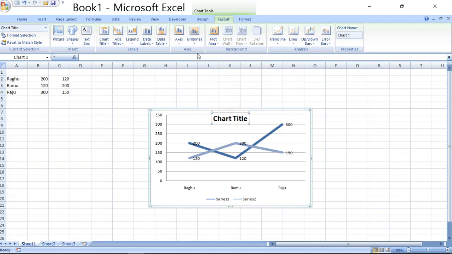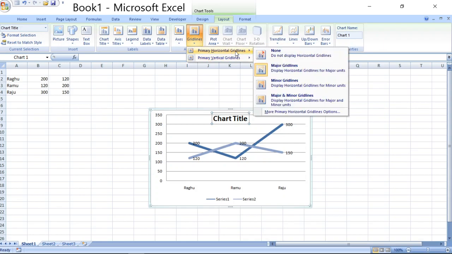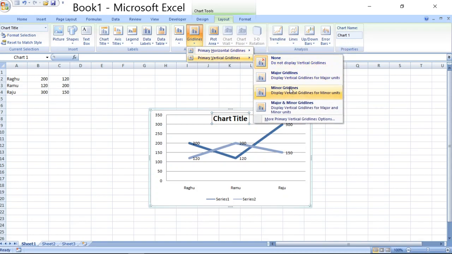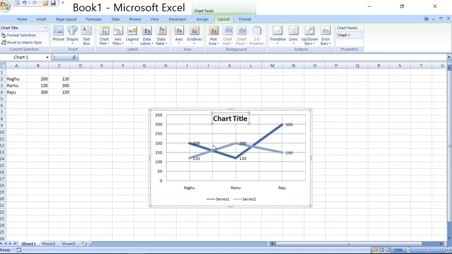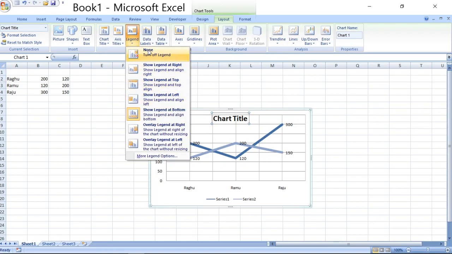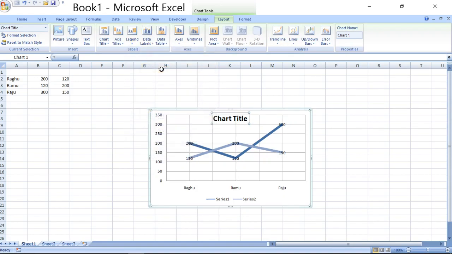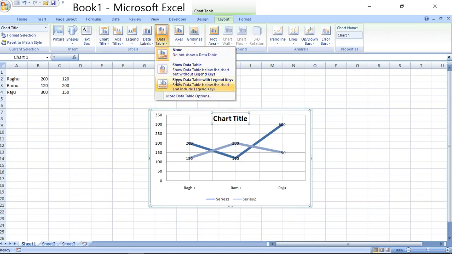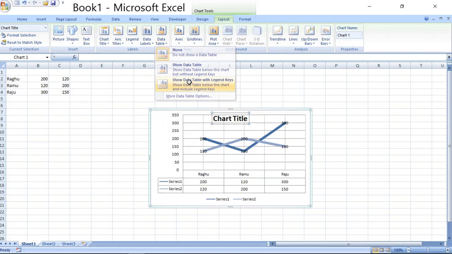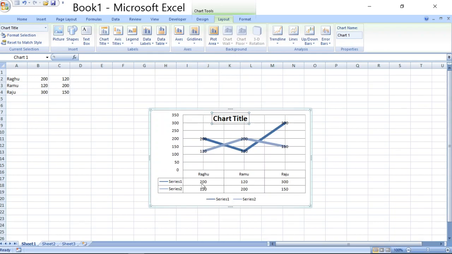I don't want to show the plot area. I want to view grid lines horizontally, vertically, and minor grid lines, so it is displayed. Right, data labels at center, data table, show the table with the legend keys. So the table is displayed along with the legends, showing which data belongs to which legend. Okay,